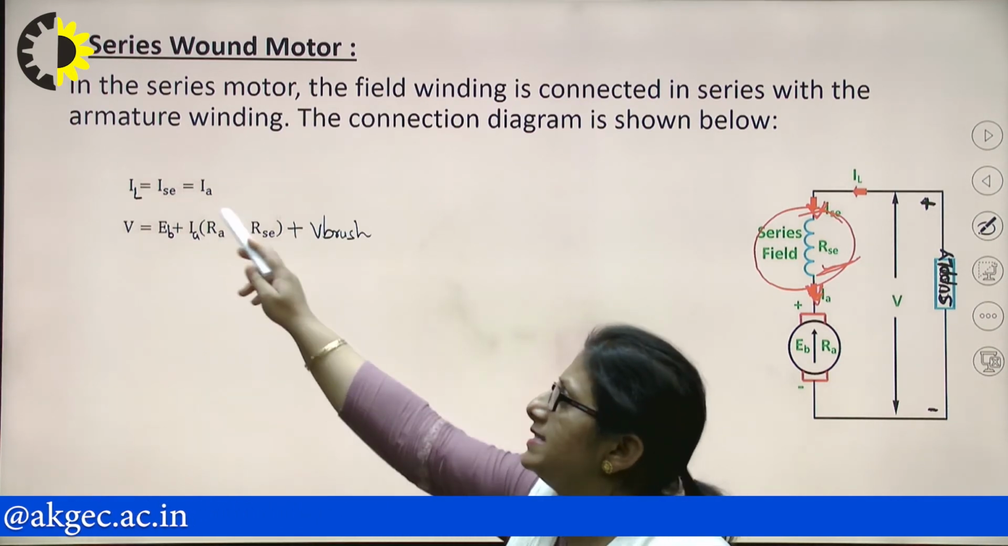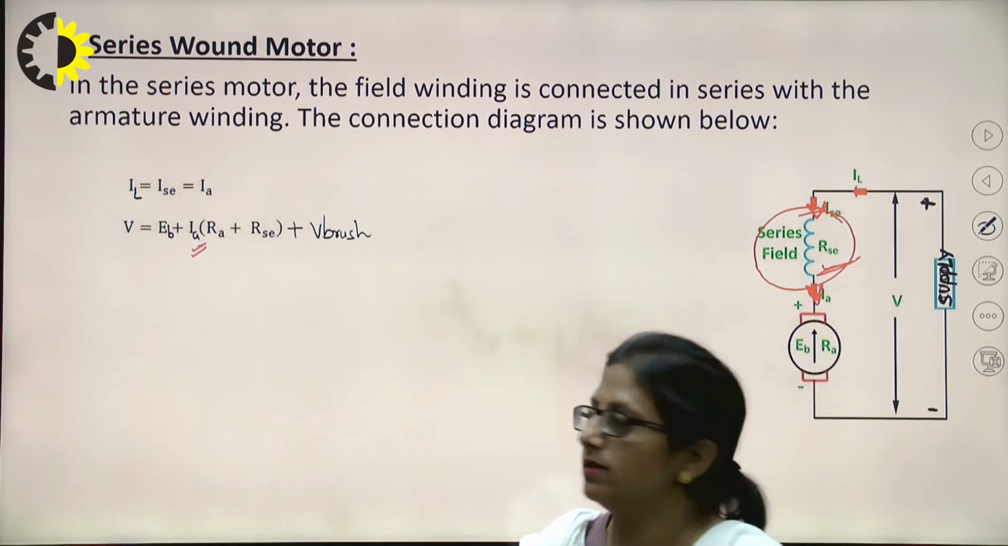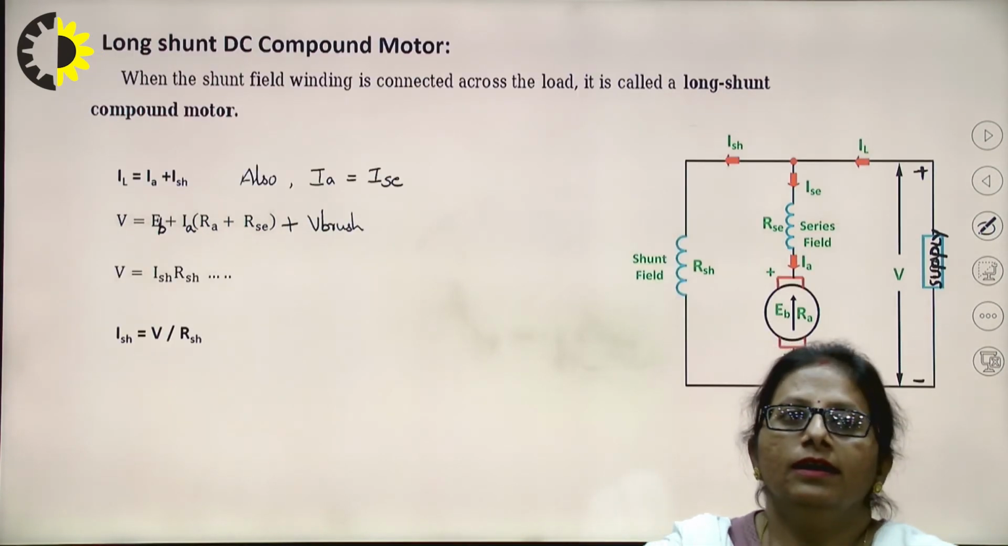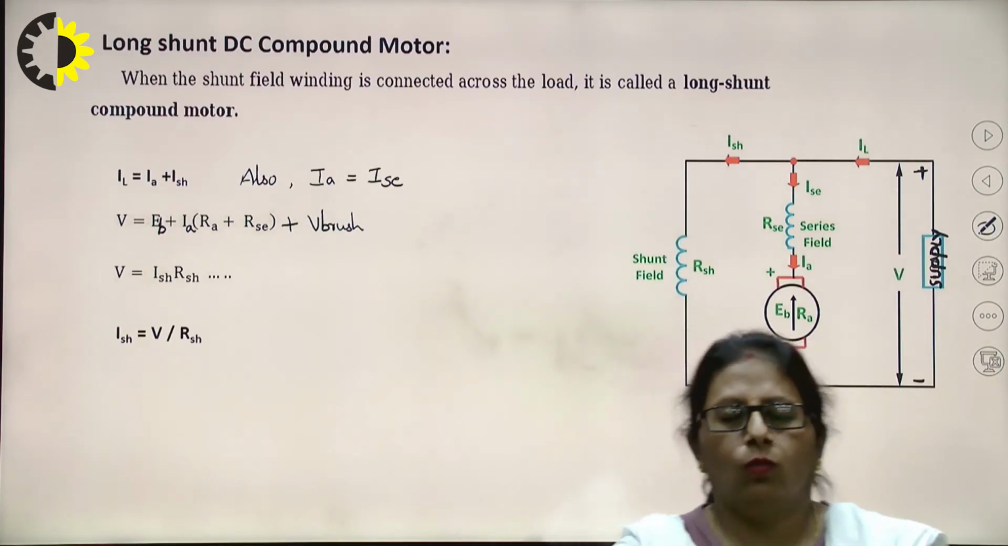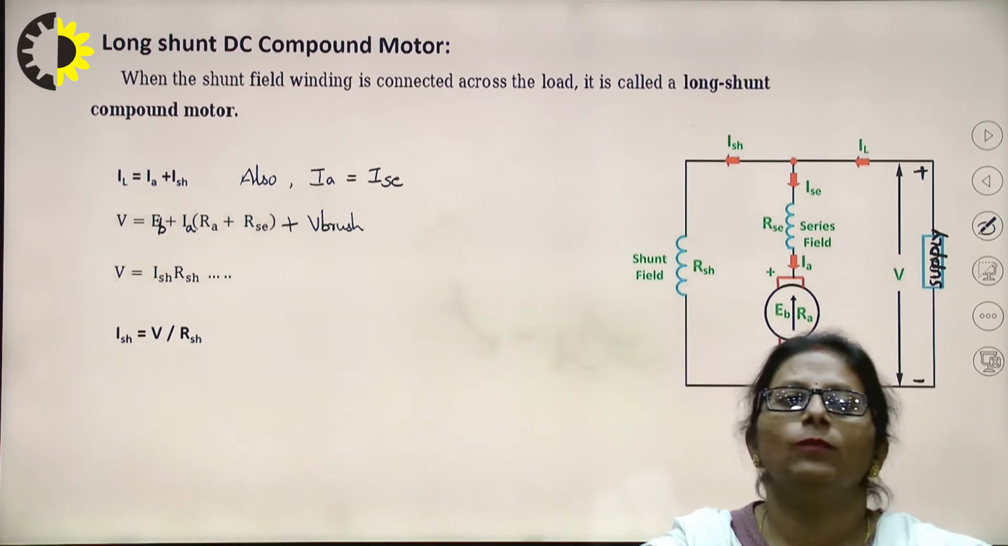But obviously ISC is equal to IA. So that's why I have taken IA as common. So that is RA plus RSC plus V brush, right? Now coming to the compound motor, we know that for a compound motor, likewise in a generator, the field winding would be